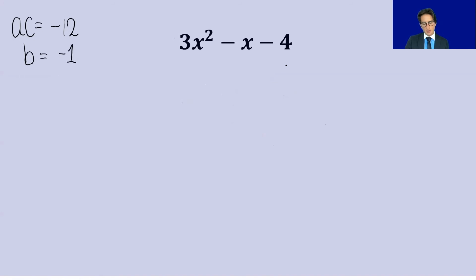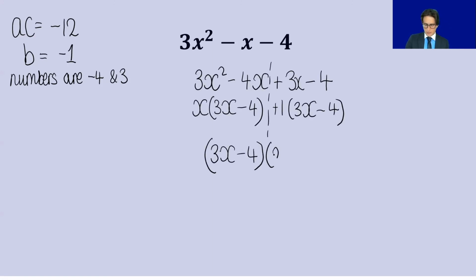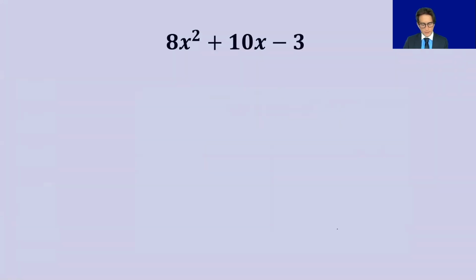So this time, they times to make minus 12 and add to make minus 1. So again, the numbers are 3 and 4, but this time we need the bigger one to be negative so that it adds to make a negative. So the factors were 3 and 4, but the numbers are minus 4 and positive 3, so that it adds to make minus 1. And if you've written your answer as x plus 1, 3x minus 4, the order you write the brackets doesn't matter, but it's crucial that we recognise that they are the two final factors. Okay, so this example,